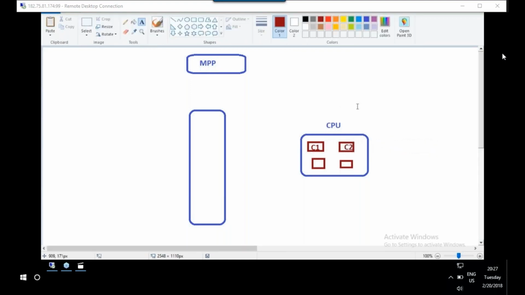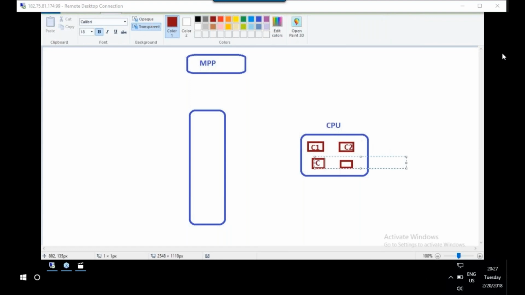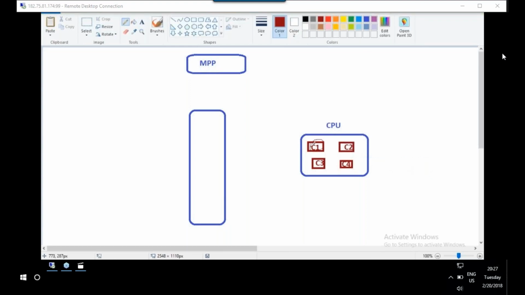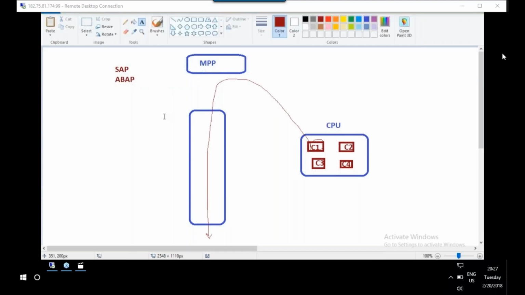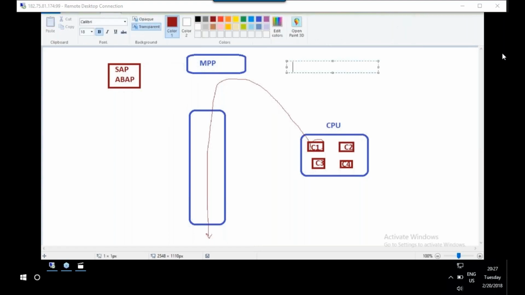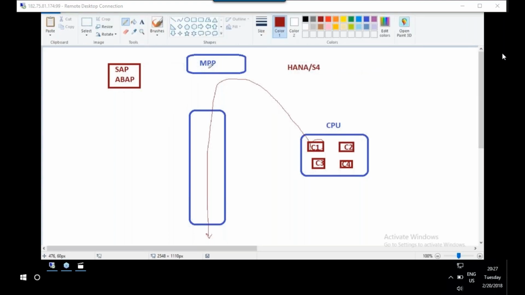Normally, in the traditional hardware, one core is utilized to process the entire program. This is called sequential. This is traditional SAP. What the ABAP platform does. In HANA, S4 platform, the meaning of parallel processing,